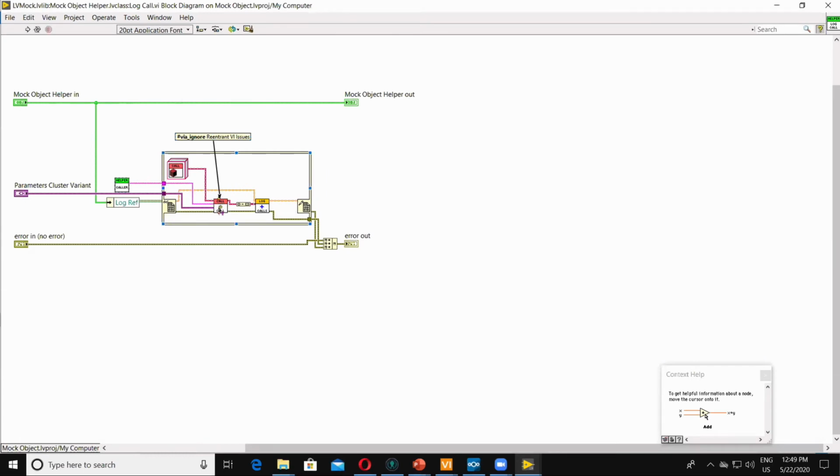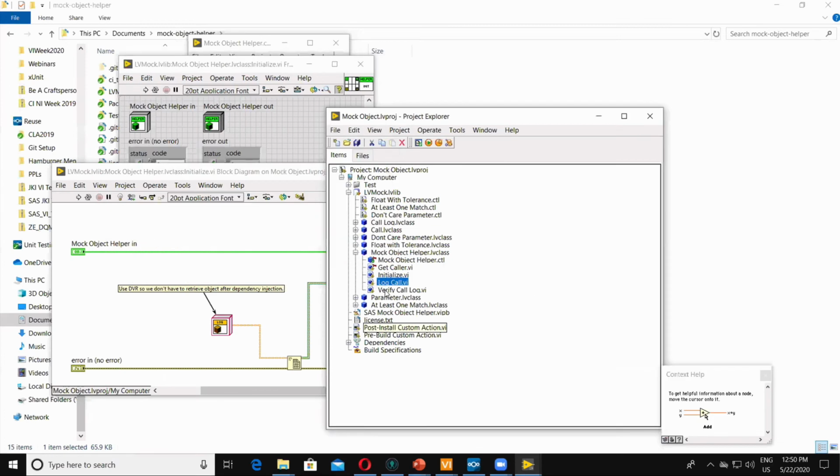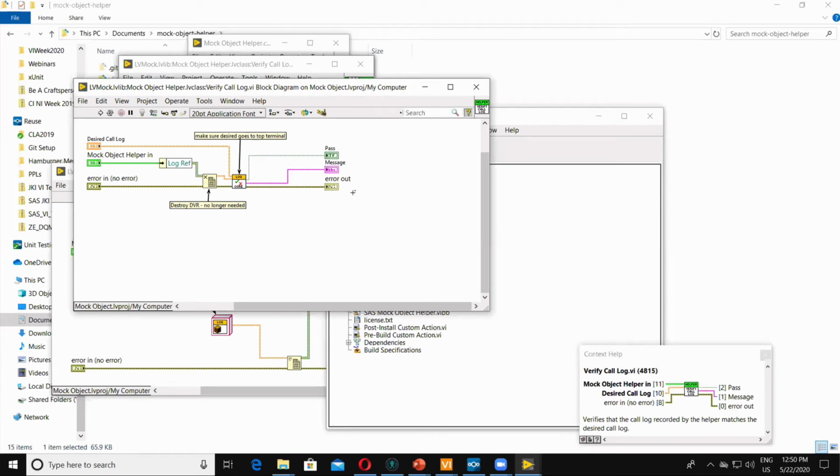And here I'm creating a call, so I'm giving it the name of the method, and I'm giving it the cluster of the parameters, and it's creating the call object, which is holding on to that, and I'm stuffing that into my call log. And then I also have a verify call log method. And this destroys the DVR because I don't need it anymore.